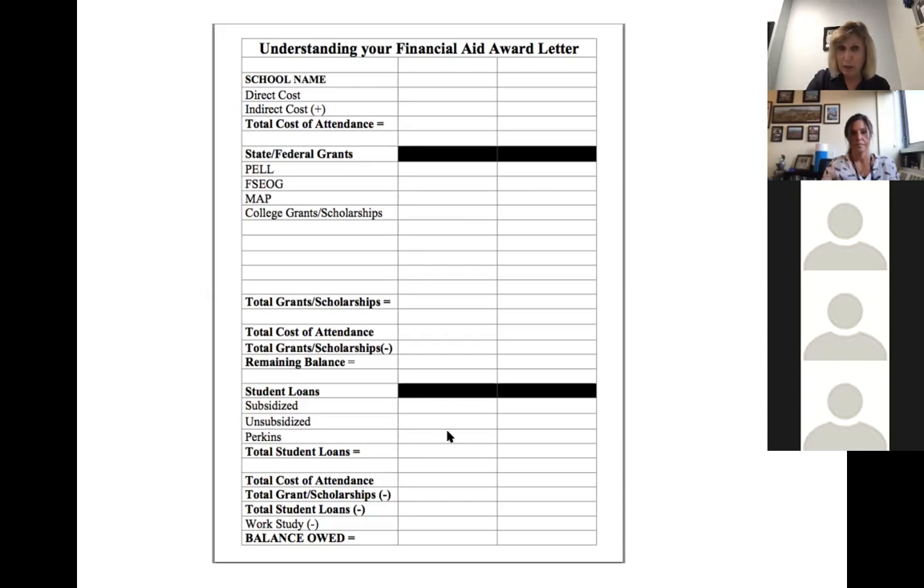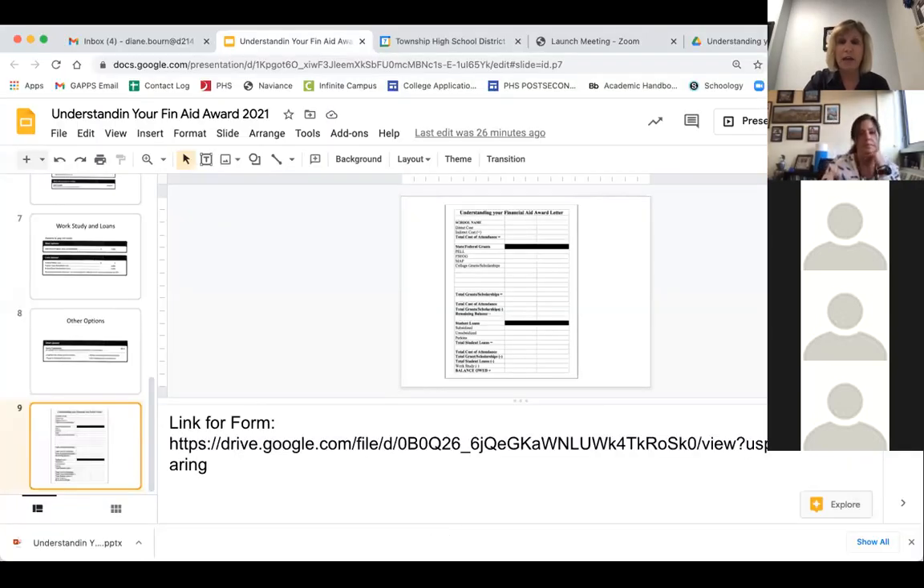Then start looking at the loans that they're offering you. I think it's important to do this because each financial aid package looks a little different. And so you want to make sure that you're comparing apples to apples and that you know the full impact of that before you make any decision. All right, so that was a lot of